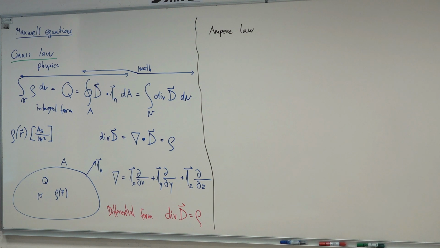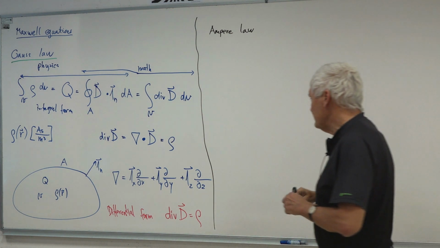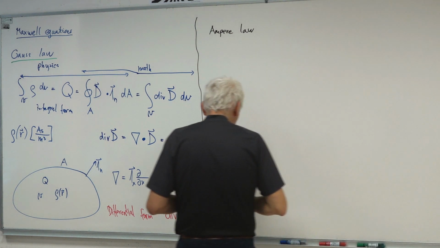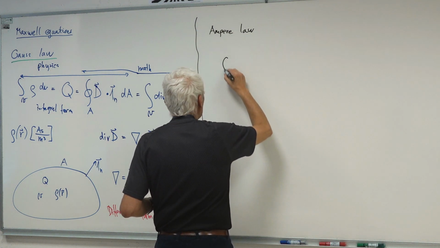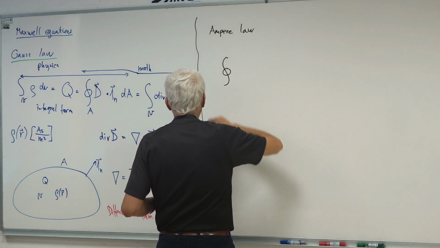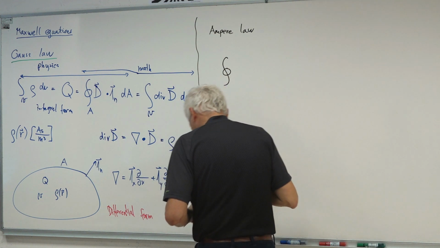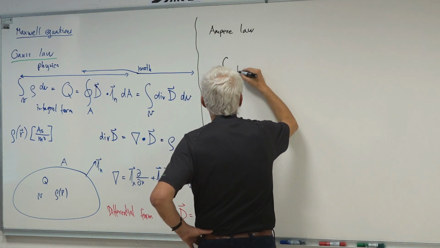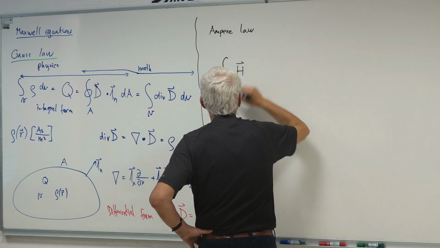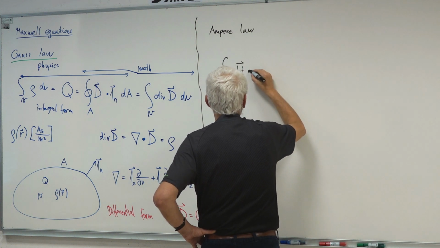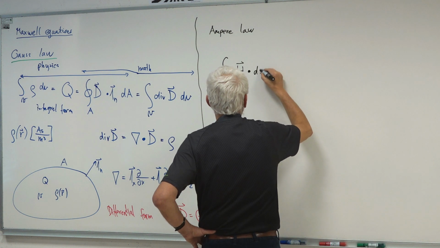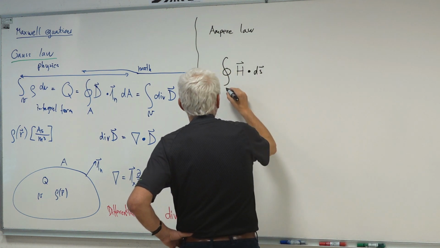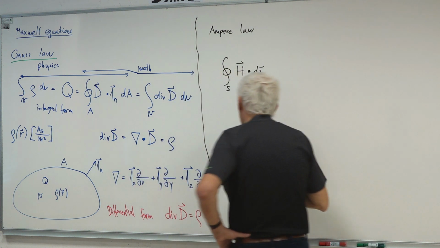What is the Ampere law? What does it say? It says that if I make an integral over an enclosed curve of the magnetic field times my path, over the curve S, over the loop S,